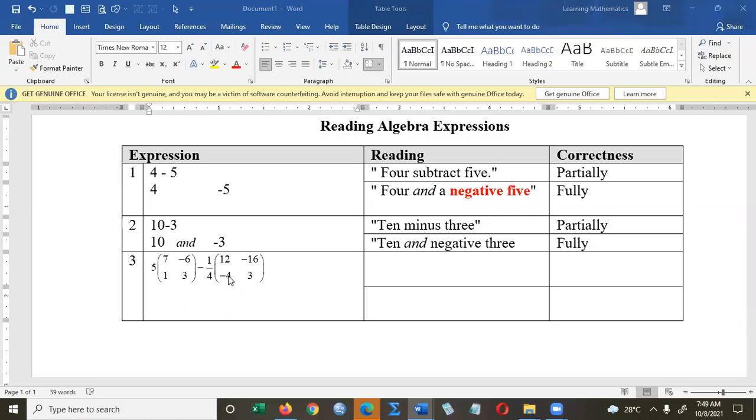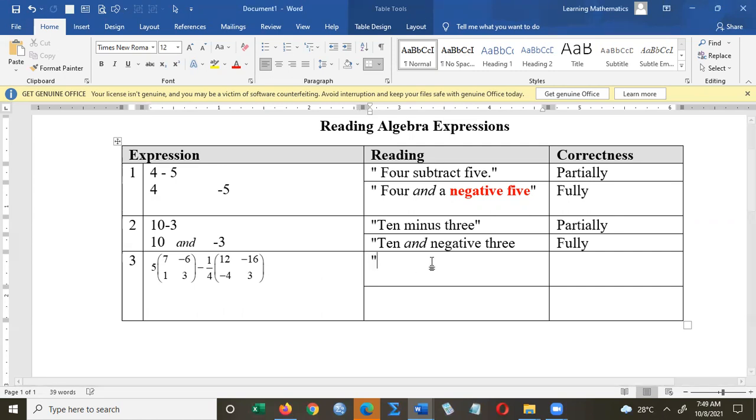Or you may be confronted with an expression like number 3. You have a 5 attached to a matrix 7, minus 6, 1, 3. You have a negative sign, you have a quarter, and you have another matrix 12, minus 16, minus 4, 3. And you're trying to interpret this, to make sense out of that. So one way of approaching this is by saying,